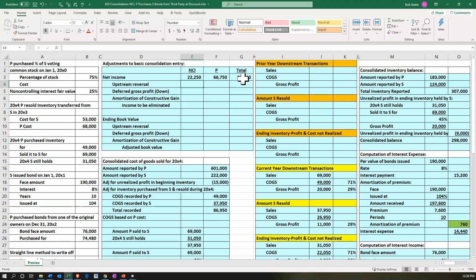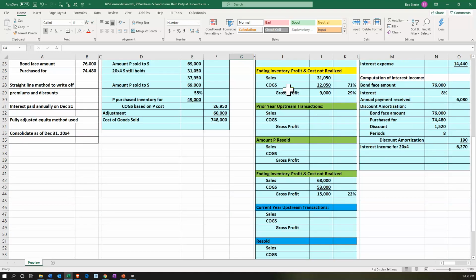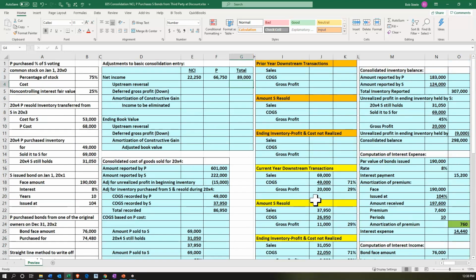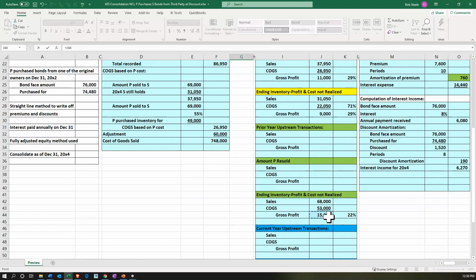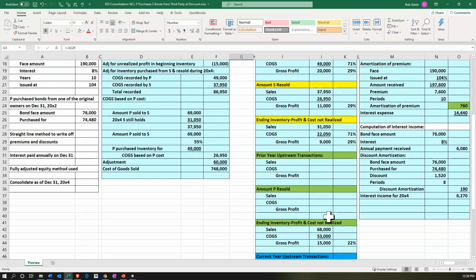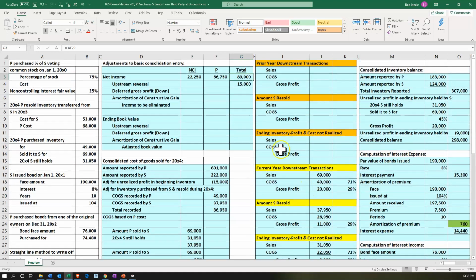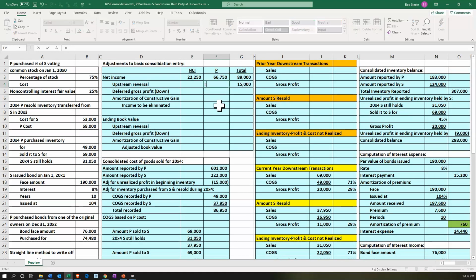Then we'll make adjustments to them. We'll make adjustments for the upstream reversal. This is going to be related to the intercompany inventory transfer. Won't spend a lot of time on explaining it because we've seen these in the past and we spent more time on them, but you're going to get this number down below. This is a prior year inventory transaction, so we're going to be taking this as going to be a positive. It's a reversal, basically, transaction. That's going to be the 15,000. Now, because this is an upstream transaction, we're going to be breaking this out between the 75-25. So I'm going to say this is going to be the 15,000, 75 controlling, same 15,000 times the 25,